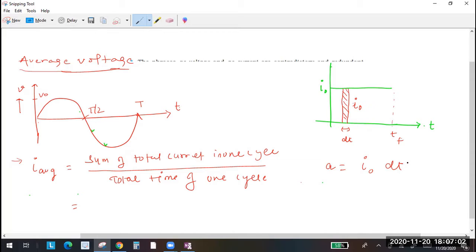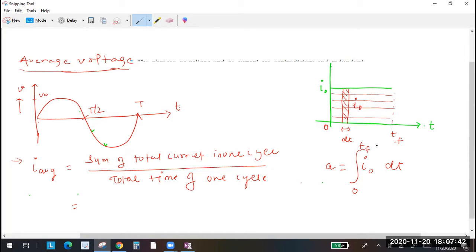So what I did, I just tried to become that smart. We created a small part and we calculated a small area. Now our job is to add all the area from here up to here. This is done by integration. Integration adds all the values in the graph, from t to t final. That is why we place the limit from 0 to t final.